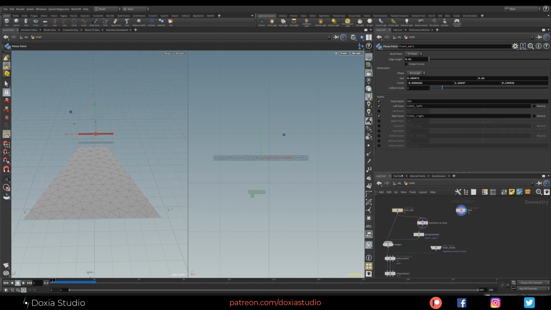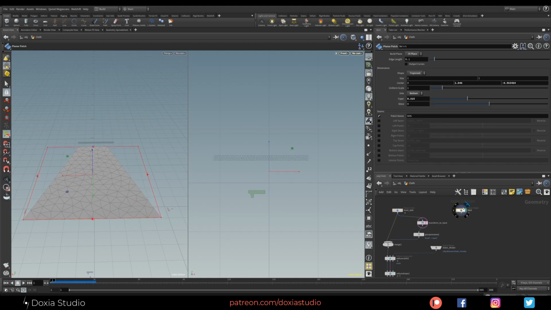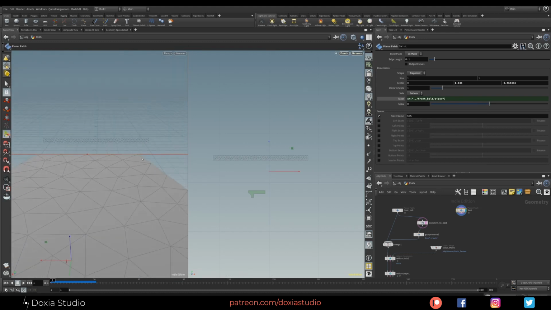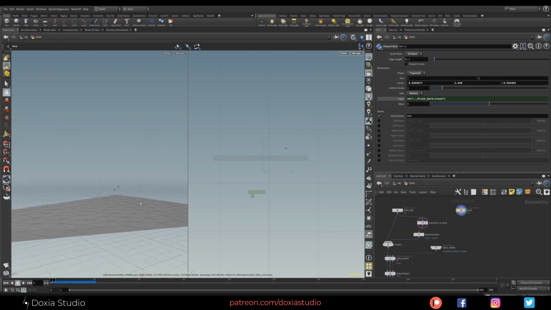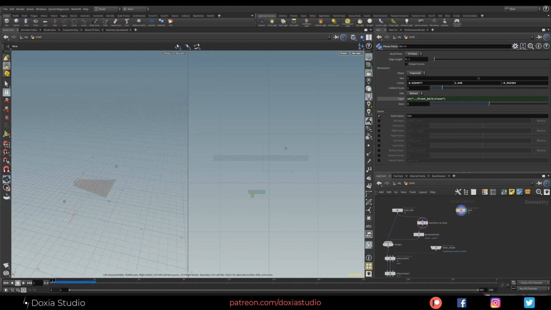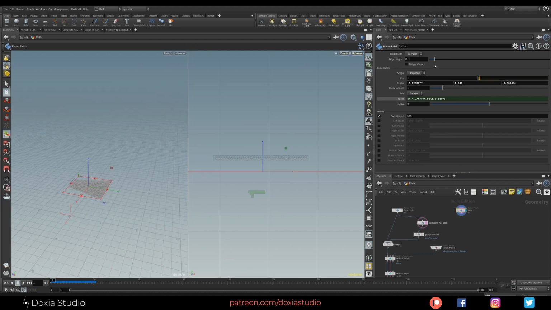Okay, one way to do this is to copy the parameter on the width of the rectangle of our belt, copy parameter, and then come here on taper and paste relative reference. This way we know that our skirt will have the same size as our belt. Okay, pretty cool. And then we can play with this.